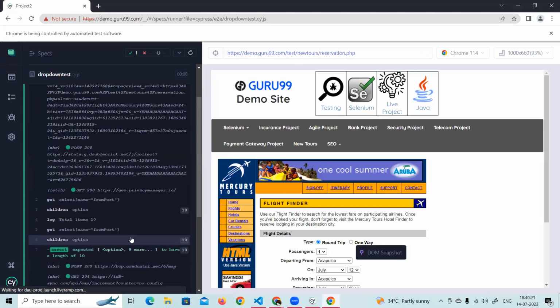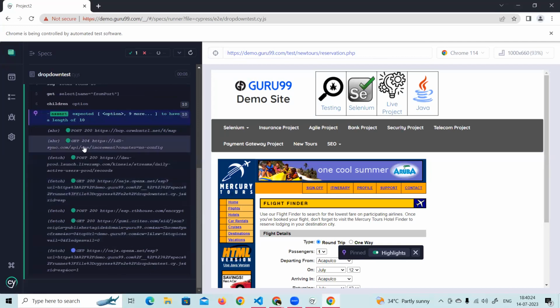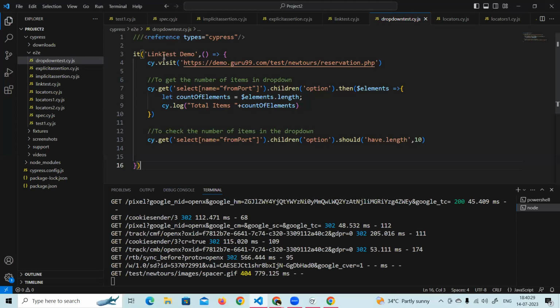Okay, so now it is giving me pass. I'll just say this is drop down test demo. Fine. So now what else can we do in a drop down? Now we got there are 10 items. So I can also print the same way like how we printed the links. I want to print all items. So what do I do? Again, use the same thing. This is the element,